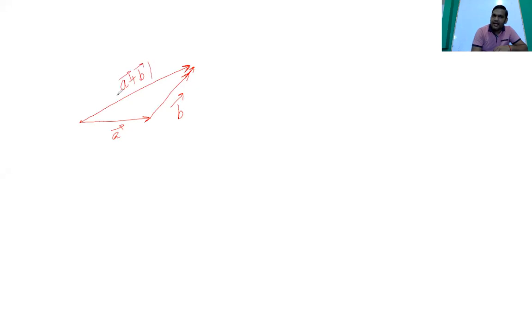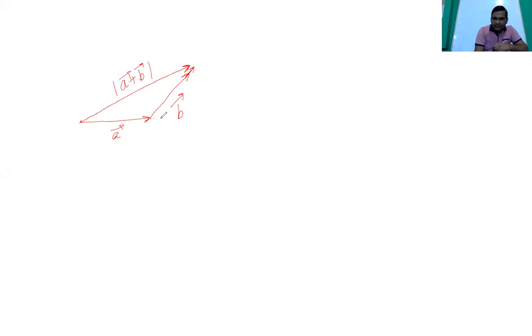Till now we have studied that if there are two coplanar vectors forming a triangle, like this, suppose this was your vector A and this was your vector B. If you join the tail of the first vector to the head of the second vector, then this acts as the resultant of A and B. So this will be your A vector plus B vector, as we have discussed so far.